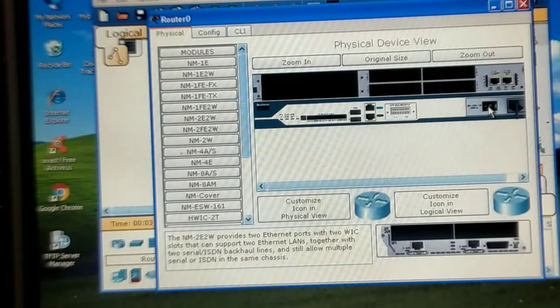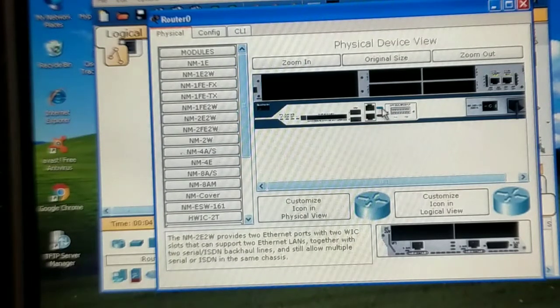You can press this button and it will turn off your router, and press it again to turn on your router. Basically this is the USB, this is the flash drive, and this flash drive contains your internetwork operating system. This is your console port and this is your auxiliary port.